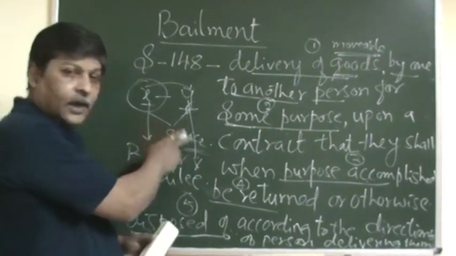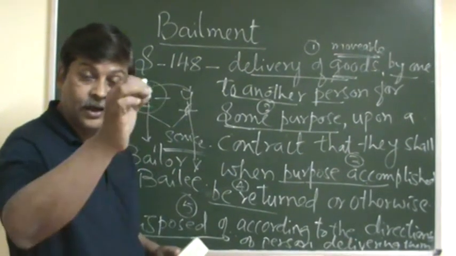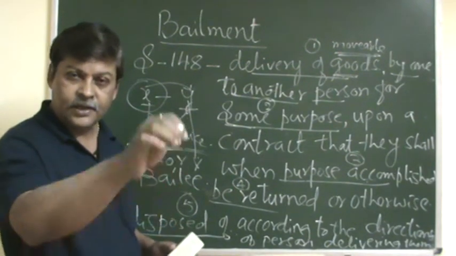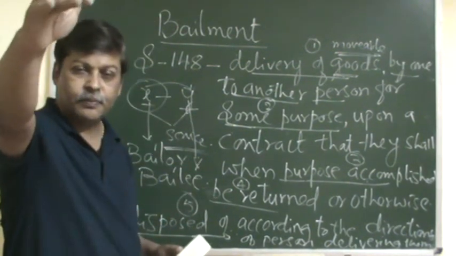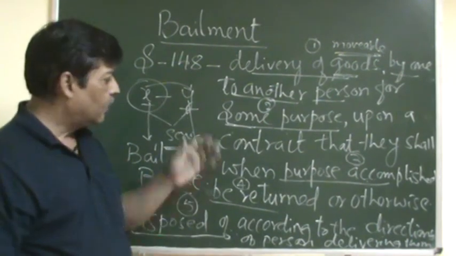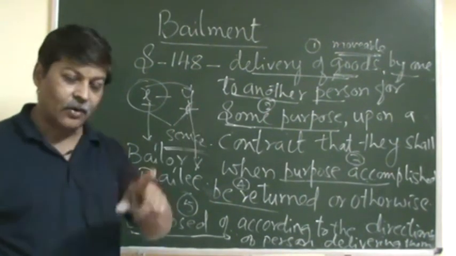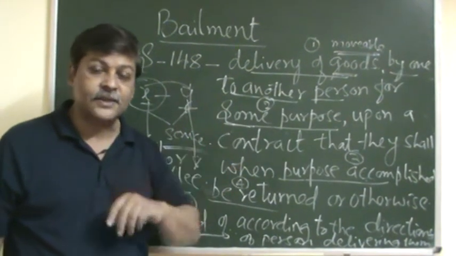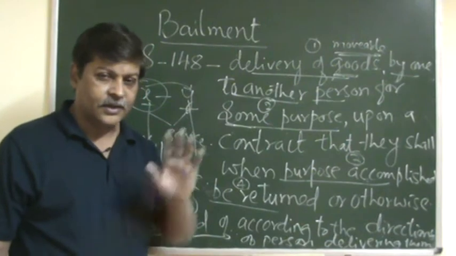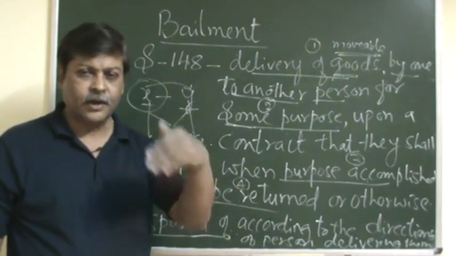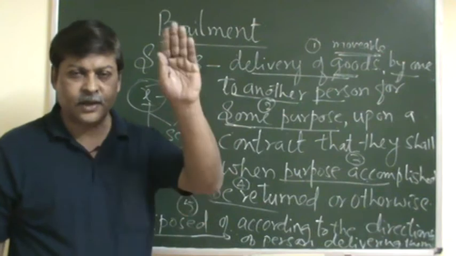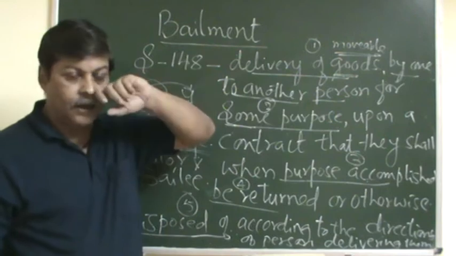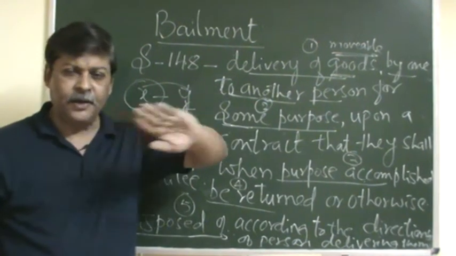Here in the first case he has handed over the car, but in the second case he is putting the bailee in possession of the goods, meaning he hands over the car key, saying that it has stopped at such a place, it is not starting, just look into what the problem is. That is a contract of bailment. So actual delivery can take place, or it may be constructive delivery. Constructive delivery means not actual delivery, but as good as the bailee having come into possession of the goods. It may be for any purpose,